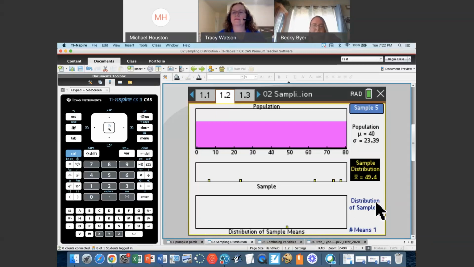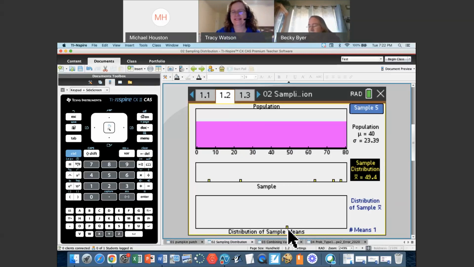And so the very first question I asked my students, because this is again early on, is can they describe the top graph? And so they'll talk about the shape, the center, and the spread. And then after we take the very first sample, I asked the kids, okay, so you've got one mean below. If I were to let you take multiple samples over and over and over again, what do you think the shape, center, and spread would be down below if I let you repeatedly take samples of size 5? And I really like how you're kind of asking them to predict without doing it. What do you think's going to happen?